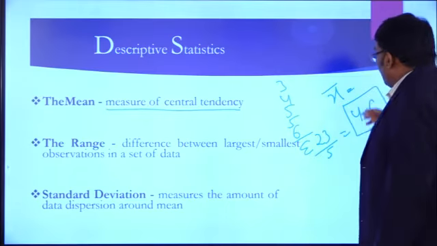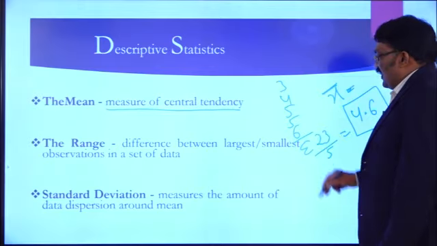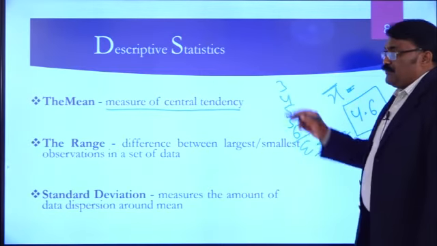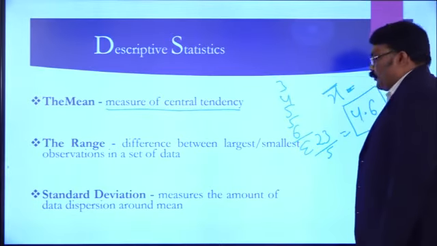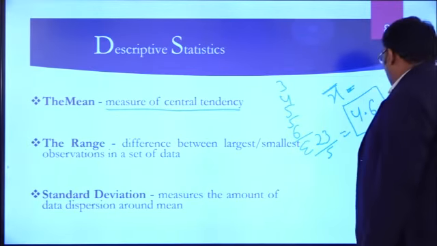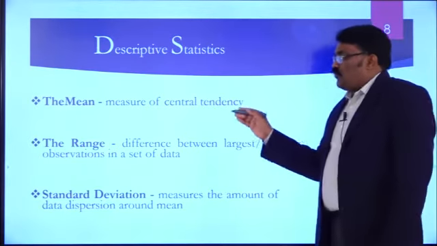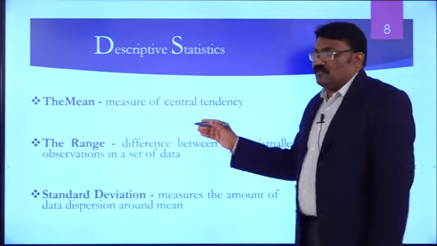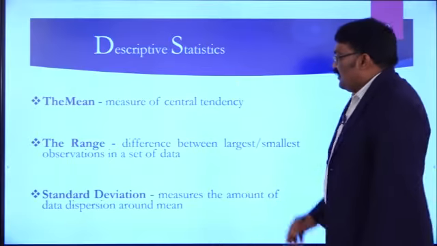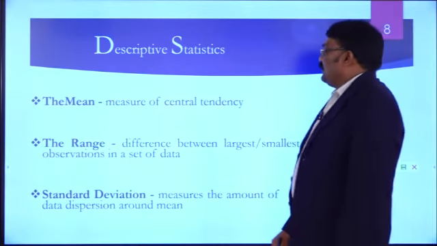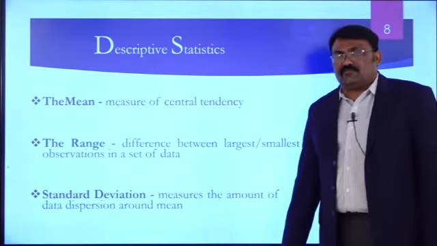Understood? So, x bar is nothing but the mean, and that value is nothing but the summation of all the values given divided by the number of samples, that is 5 in this case. So, 23 divided by 5 after summation is 4.6. Okay. Now, that is the central tendency. Central tendency means the center point after summation of all those; we get the center level, and that is what is called the mean value.